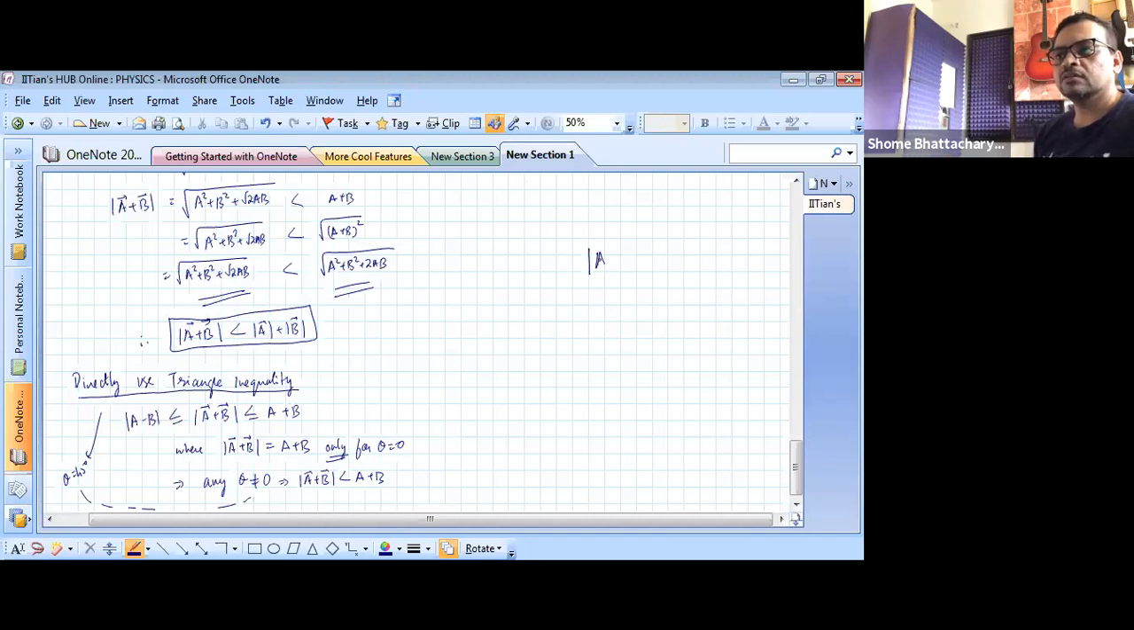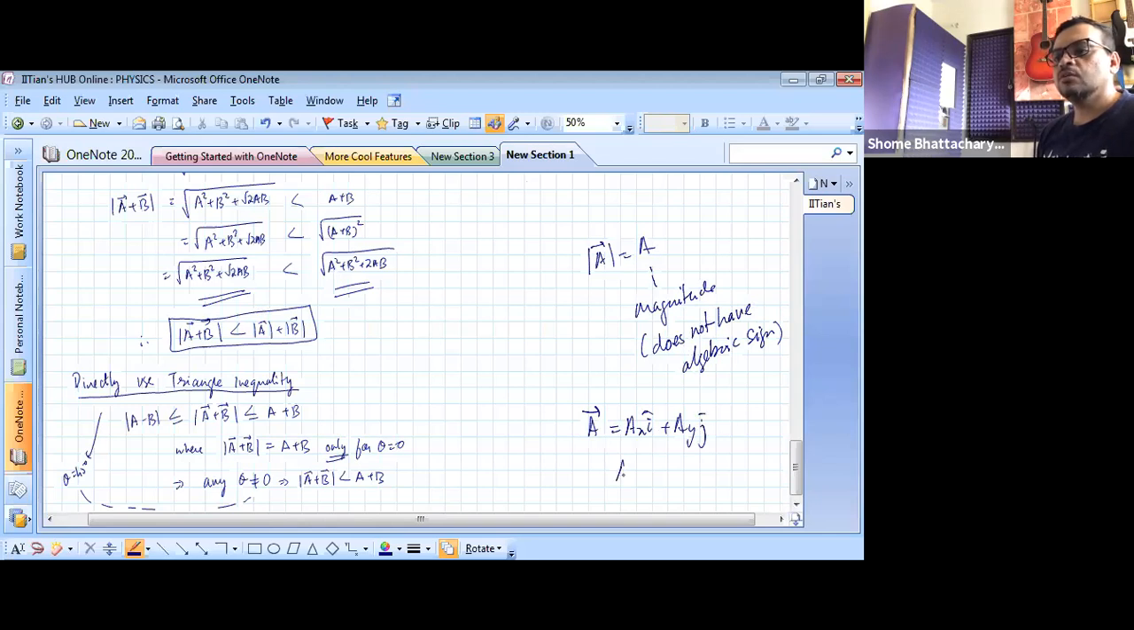Mod of a vector is its magnitude. So it does not have a sign. Does not have an algebraic sign. So we cannot say it is positive or negative. It's just a magnitude. However, if we are writing a vector as components, ax i cap, ay j cap, like